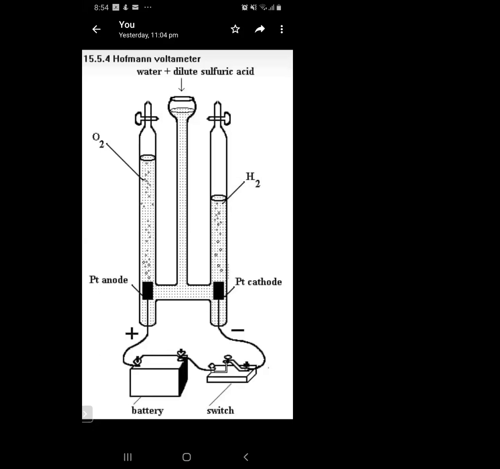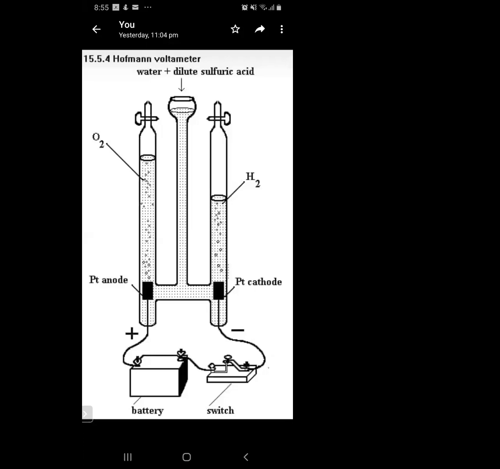The basic phenomenon is the same as I just explained to you, that is electrolysis. Nothing special about this. And another thing, we are using platinum as the anode and cathode. Why? Because platinum is stable and it does not react with the electrolyte that we are using. So because of that, we are using platinum as our anode and cathode.